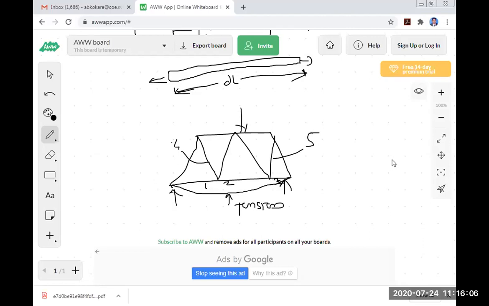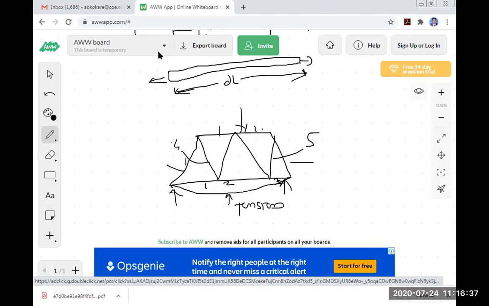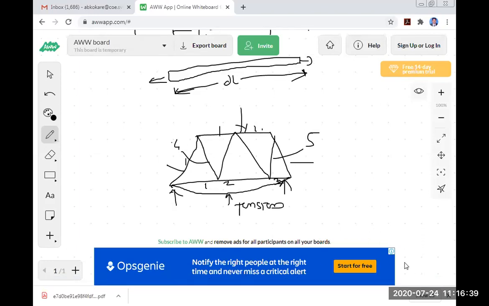When the load is coming from the top, at that time there is deflection of this bottom part, and due to deflection of this bottom part, there may be tension in the bottom. So these 1, 2, 3 and 4, 5 members are always in tension. Other members are in compression. This top member, or this inclined member, is in compression. So this is related to truss. Okay.